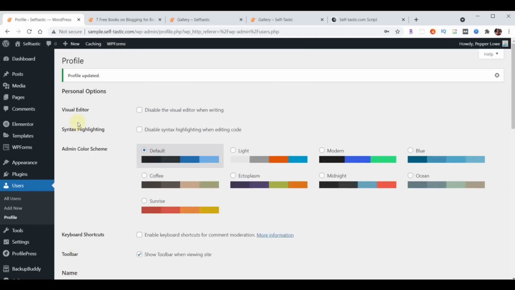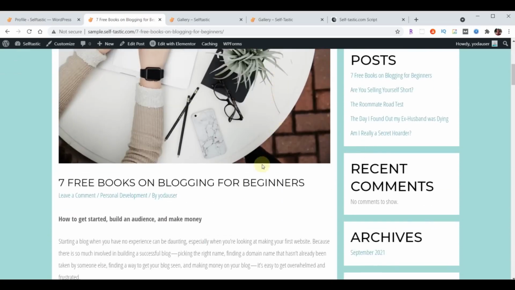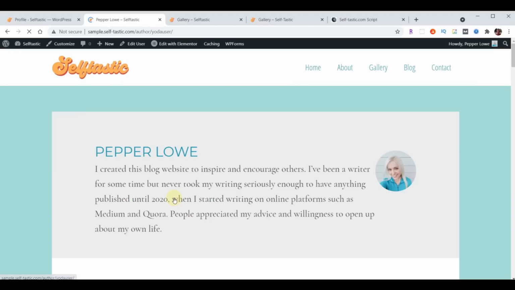Profile's updated. Now if we go back to our post and scroll down, where it says Yoda User, if we reload, it'll now have Bethany's pin name, Pepperlow. If we click on Pepperlow, it now says Pepperlow, has her picture, and it has her bio. Pretty nice, right? Now, if we back up,